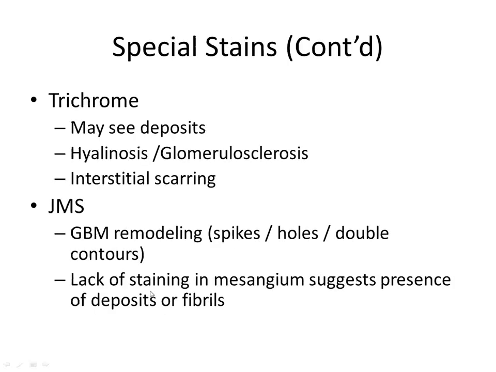The next special stains are the trichromes. The trichrome, and I think you can see in the JVM paper that I sent around, sometimes you're lucky enough to see the deposits on a trichrome stain, and they are red nodules. Usually, this would be in the setting of having a membranous pattern. So these red nodules are going to be on the abluminal surface, so away from the capillary lumen. And you should see regularly spaced small red nodules if you're going to make that diagnosis via histology. Occasionally, we'll see deposits that are actually subendothelial with the trichrome, but that's more of a rarity.